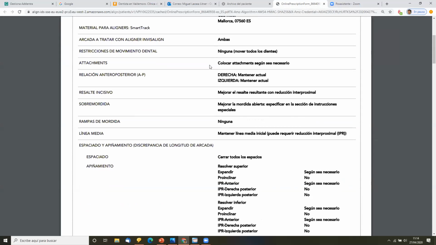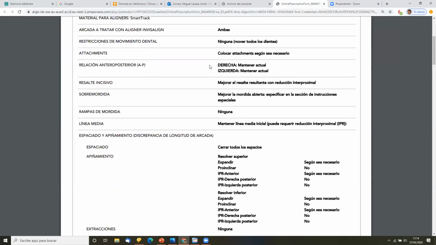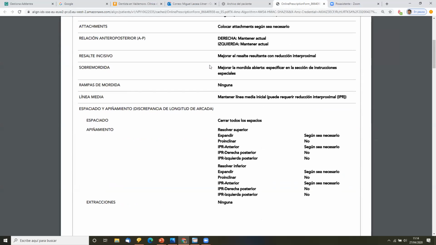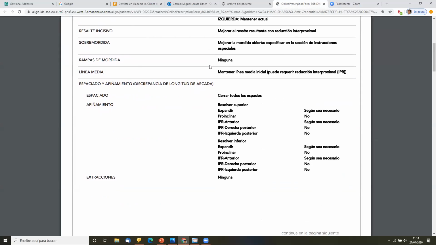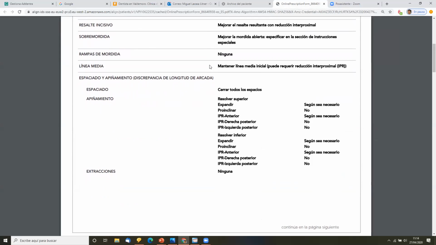She said, you treat both arches, no movement restrictions, attachments as needed, keep the initial anteroposterior relation, and improve the final overjet. And in the vertical aspect, the more important thing in this case, improve the open bite,